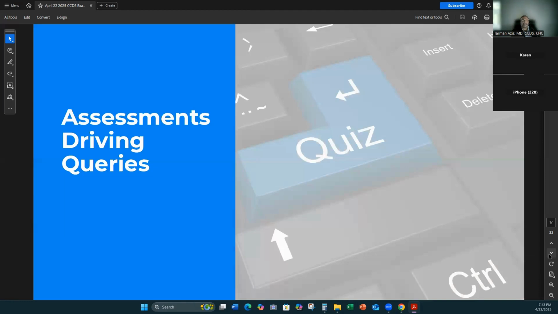So that brings us, in the time remaining, to think about some of these assessments that are faulty in some way or have been embedded in some sort of short clinical case on the exam. Typically, they ask you about what type of query to send, or should you send a query at all? And if so, why? Those are the types of themes that can come up in multiple choice questions. So here's where I'd like to turn it over to the both of you for some practice in that regard.